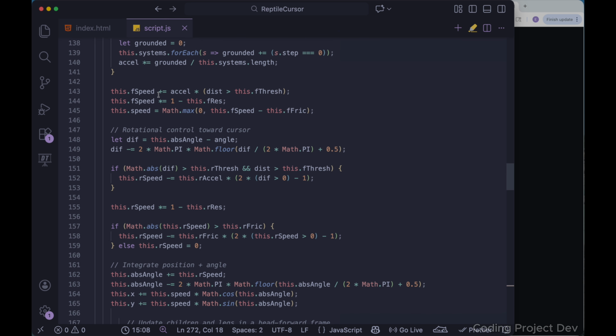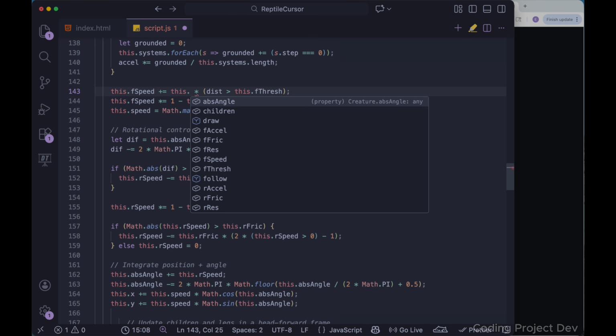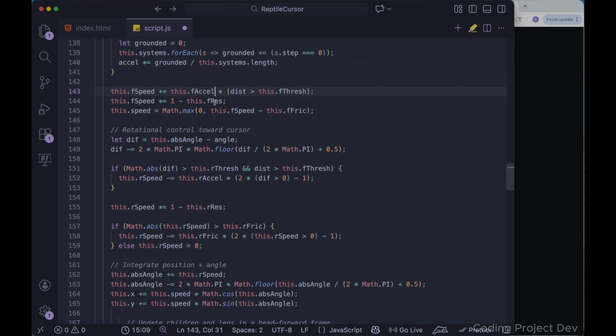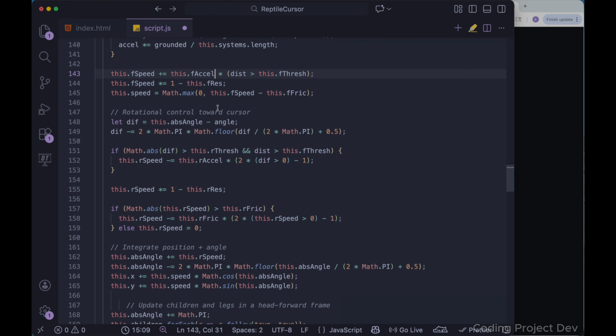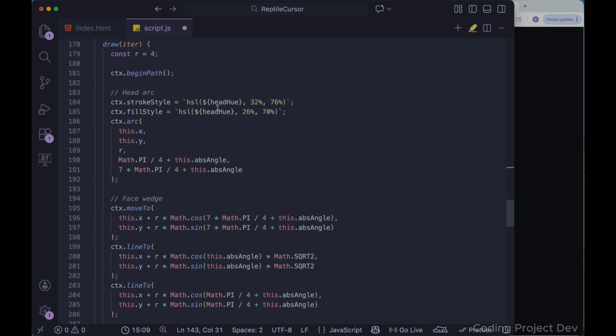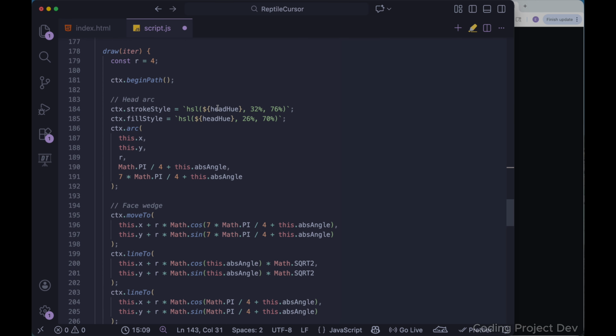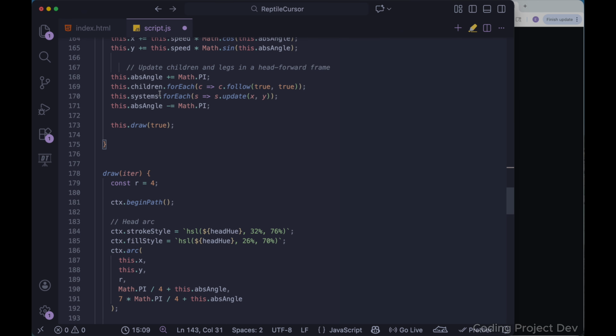So now we'll change this line number 43. We'll change this by FXL. By this, and after this we will remove this X and Y